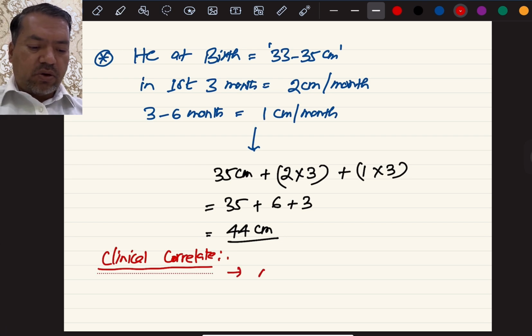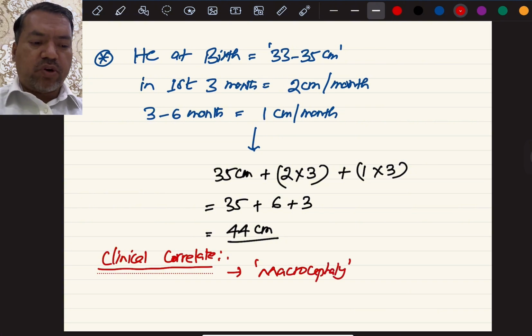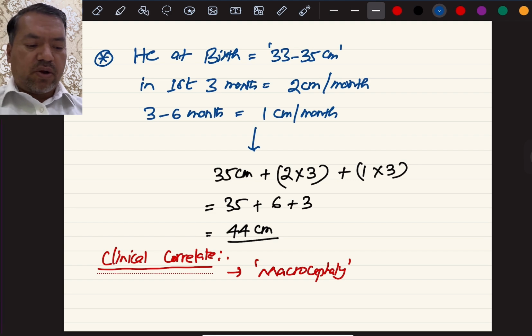And that is called macrocephaly. There are some very important causes for macrocephaly. We don't go into the detail now because we don't have much time. It will consume a lot of time, and that is not the purpose of today's class. But still, a few important points: